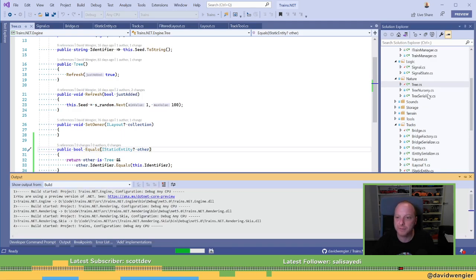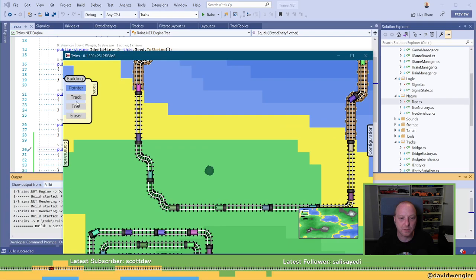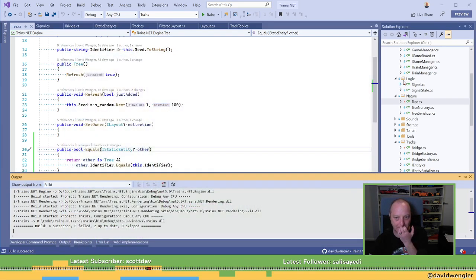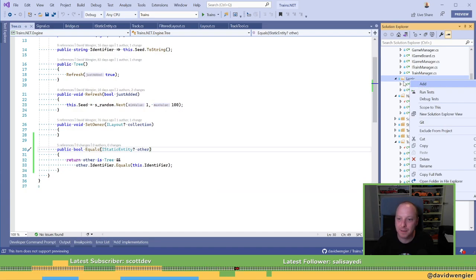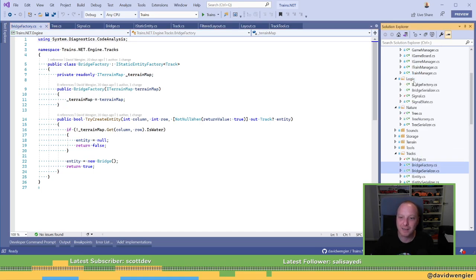Oh, I need a factory for signals. This is not going to do a thing. All right, so tree. Okay, so that doesn't work. Can I still draw tracks? I can still draw tracks. The tracks still change. Oh, something. When I click, weird things are happening. Okay, interesting. Let's add a signal factory and see what happens. We need a factory and we need a serializer as well, don't we? I love how these are in the logic folder because you want me to make a computer.